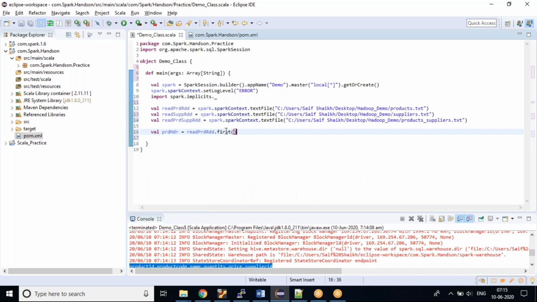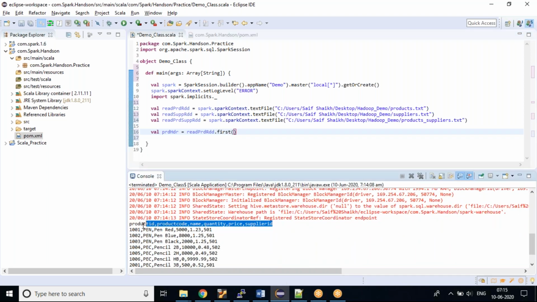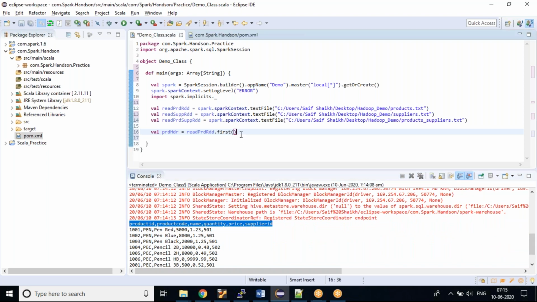With this first API, we will get the first record, that is the highlighted thing. Okay. Once this is done, I will create my actual RDD, that is product RDD. This is the RDD which contains the header. From this RDD, I will remove the header. That's what I am trying to do in the second step.